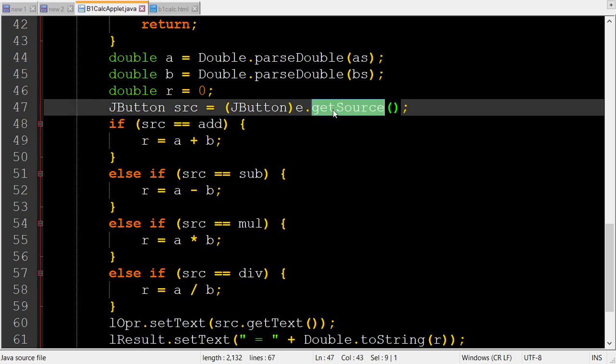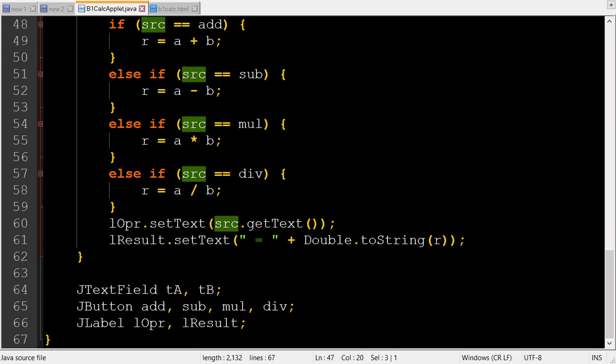Event source will be a button here, because the operator button is going to generate the event: addition, subtraction, etc. And hence we will get the source, consider it as a button, and compare this source with each of the buttons. If the source is the add button, we will perform the addition and store the result in the variable R. If the source is the subtract button, we will do the subtraction, and so on: multiplication, division.